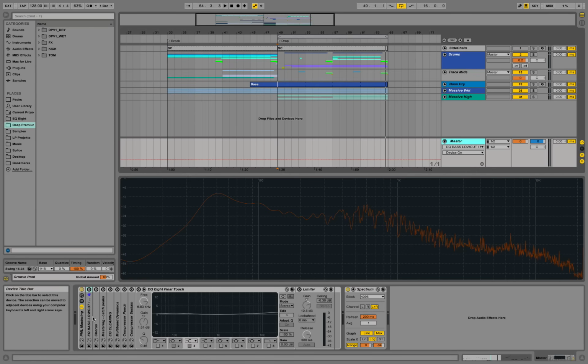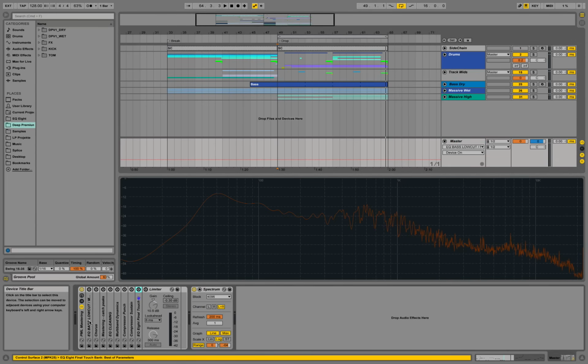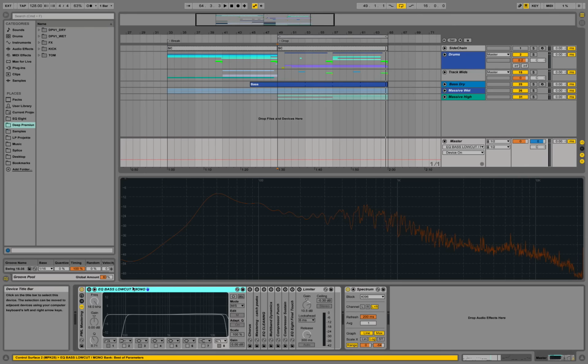So we have a mastering chain over here consisting of Ableton audio effects, and let's quickly open it up. We start with an equalizer, EQ8, and we have it on mid-side mode over here. As you can see, there are two things we are doing over here. We are cutting out the low frequencies below